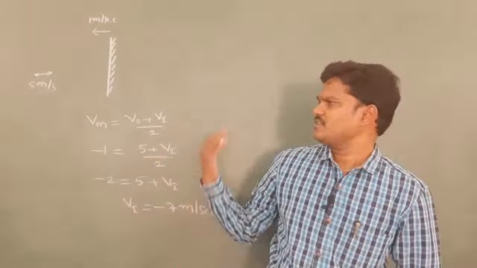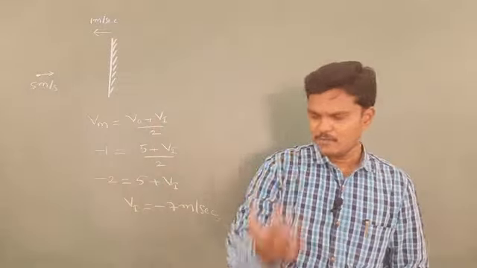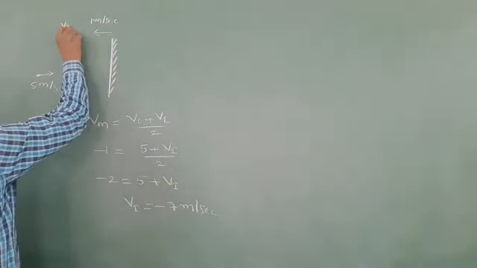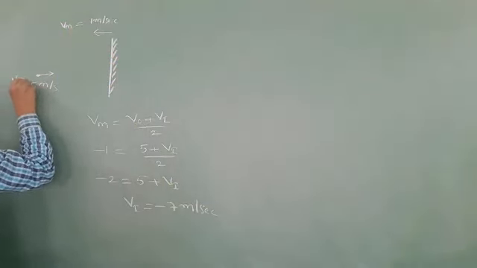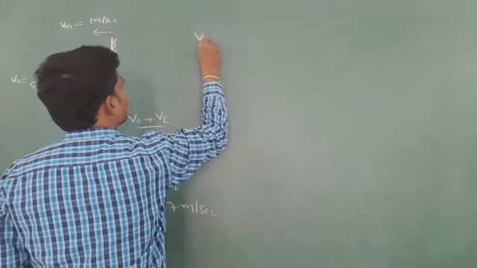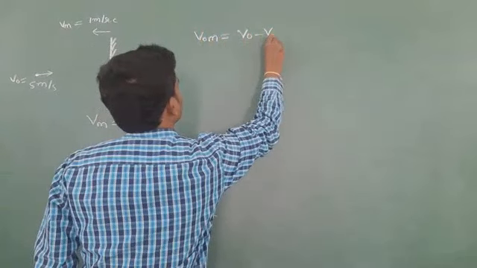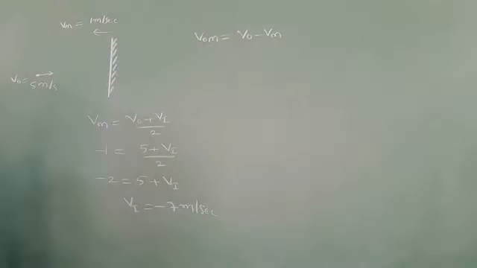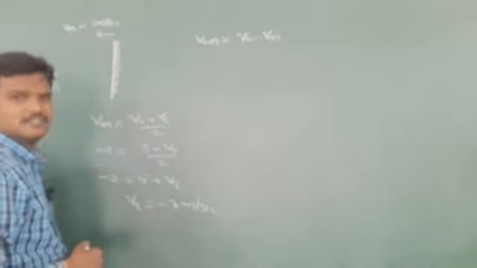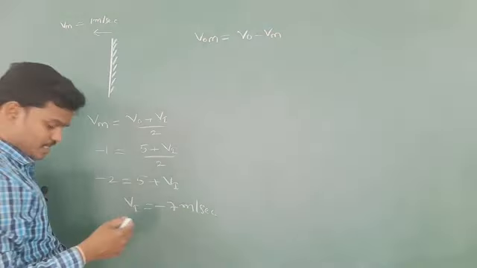Otherwise, you can apply the general process. This is the formula we got already. If you want, you can apply our regular formula. This is the velocity of the mirror and this is the velocity of the object. We know the velocity of the object with respect to the mirror is the velocity of the object minus the velocity of the mirror. If you are good in the relative velocity concept, you can go for this. Otherwise, you can use i cap, j cap. In the next problem I am going to use i cap, j cap.